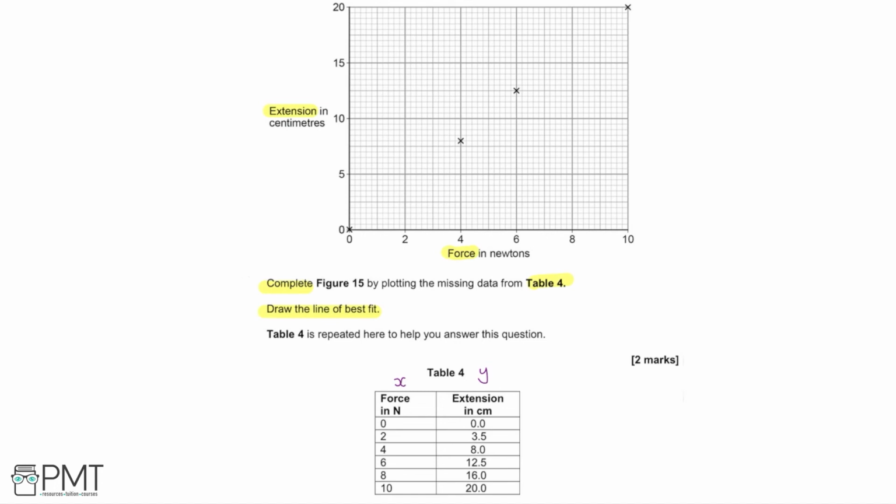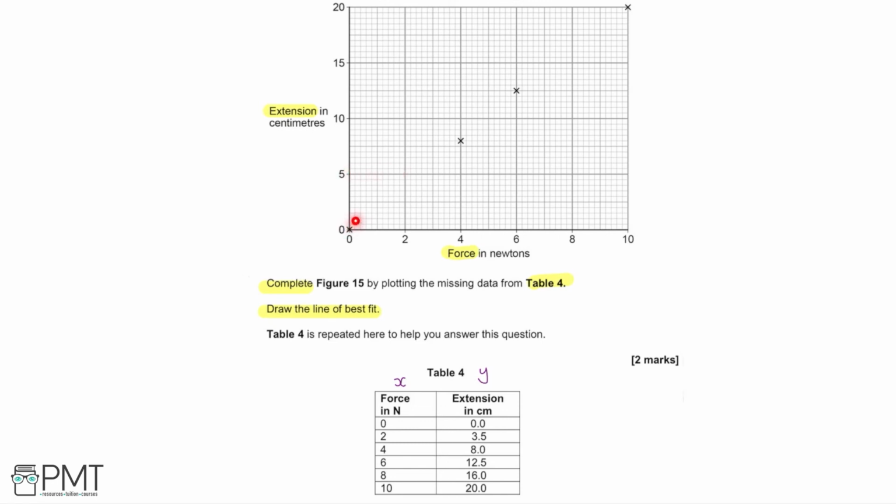So for the first point we have 0, 0, and we can see that's already plotted here. Now if we move on, we have 0.2 on the x-axis and 3.5 on the y-axis. Now that point isn't plotted on the graph. So if we go to 2 on the x-axis, and if this scale goes up to 5 here,